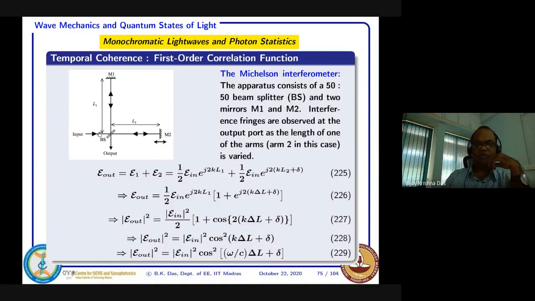If you have some instrument so that the reflected beam, when coming back, you can separate and measure, it will come out as a sin square, because a pi by 2 difference will be there. That's why cos square and sin square are complementary. You know, cos square plus sin square equals 1. So if you are getting cos square here, that will be sin square there. Same phase function.